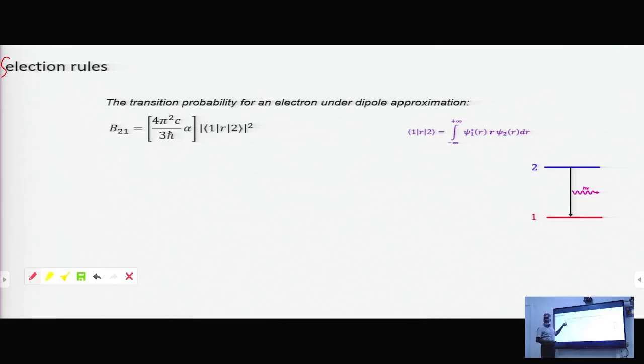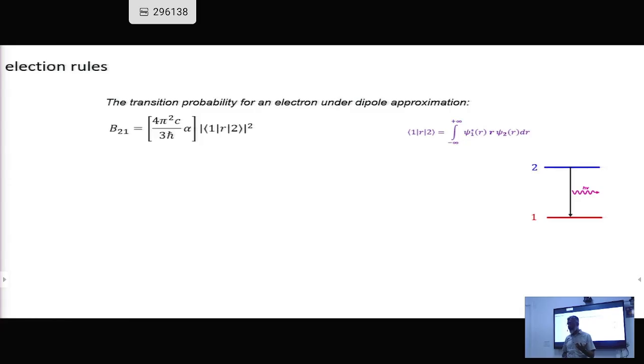This is the Einstein coefficients, but this is the emission coefficient. It's in perturbation theory. It's about an atom acting in an